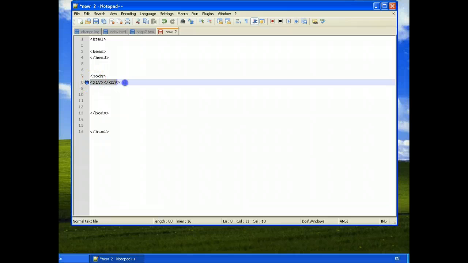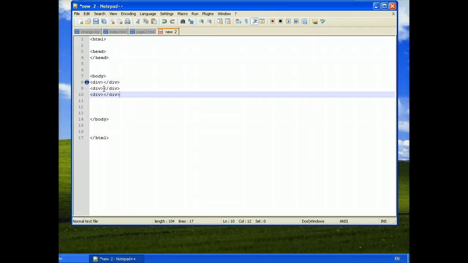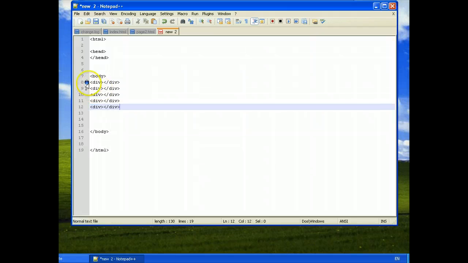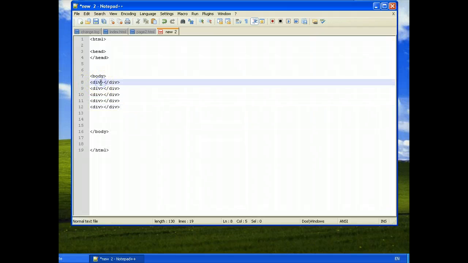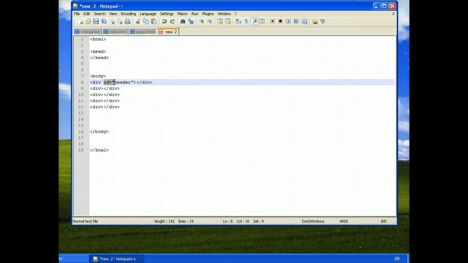Oh, I need to do the copy on that. And we'll paste that down. 1, 2, 3, 4, 5. And then in each one, in fact, I'll do an ID on it, and I'll call this one header, and we'll call this one, hang on,